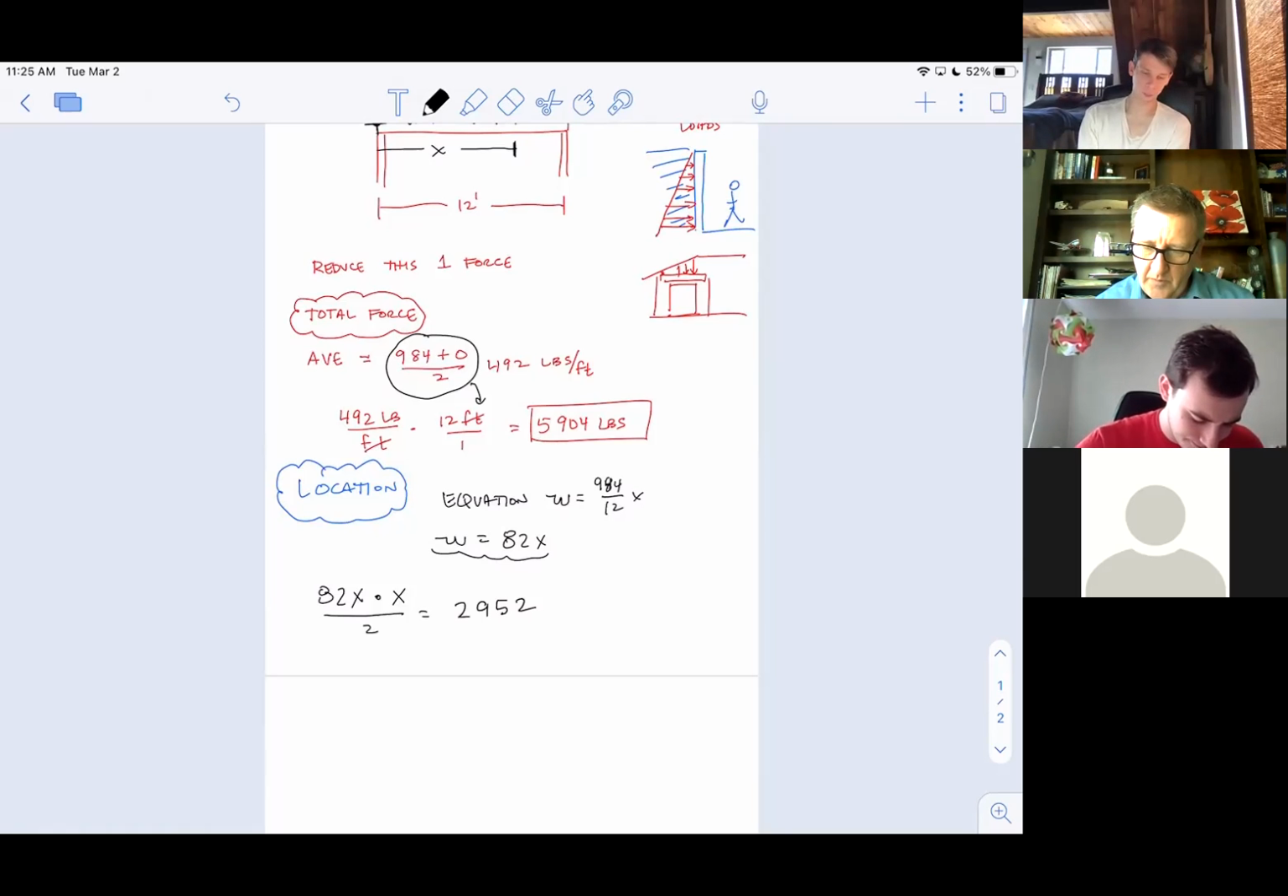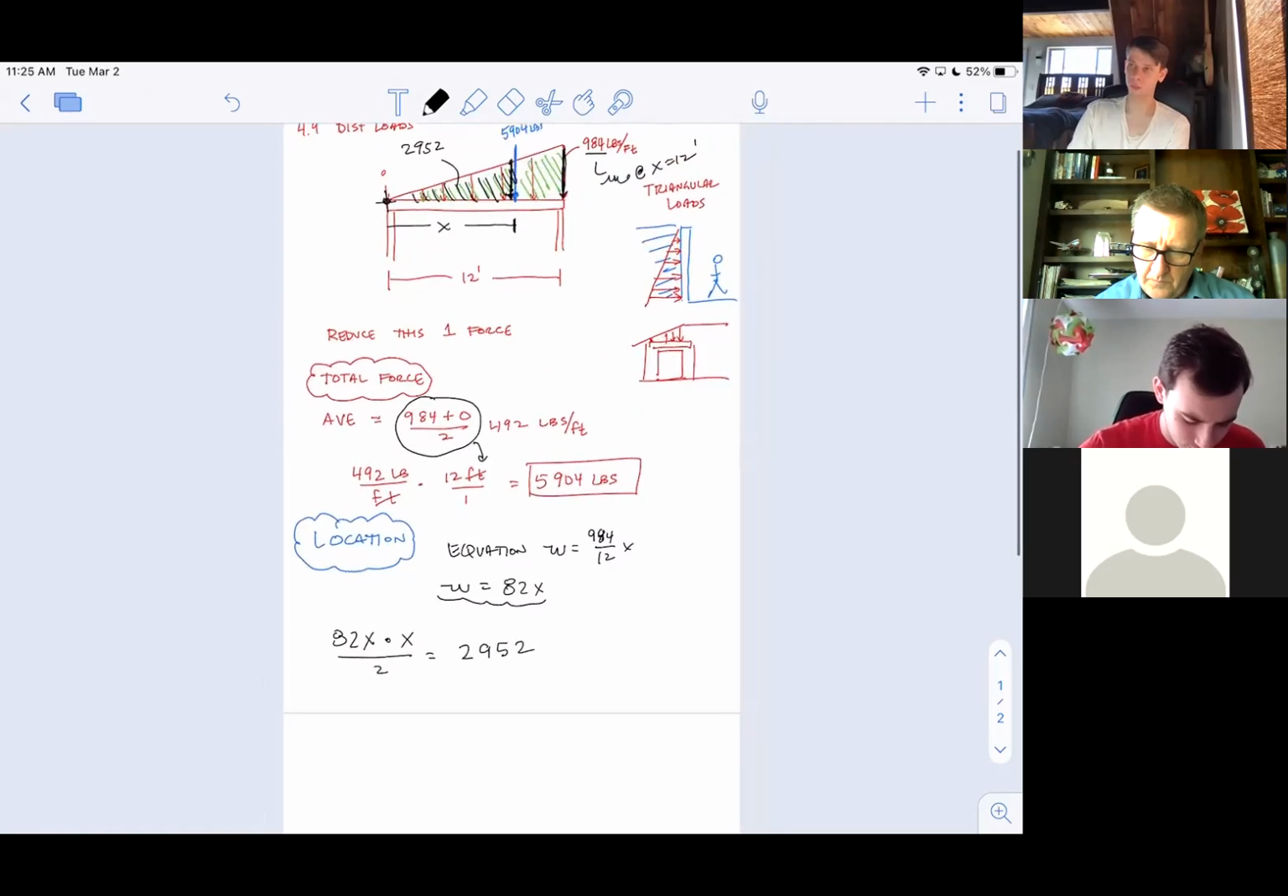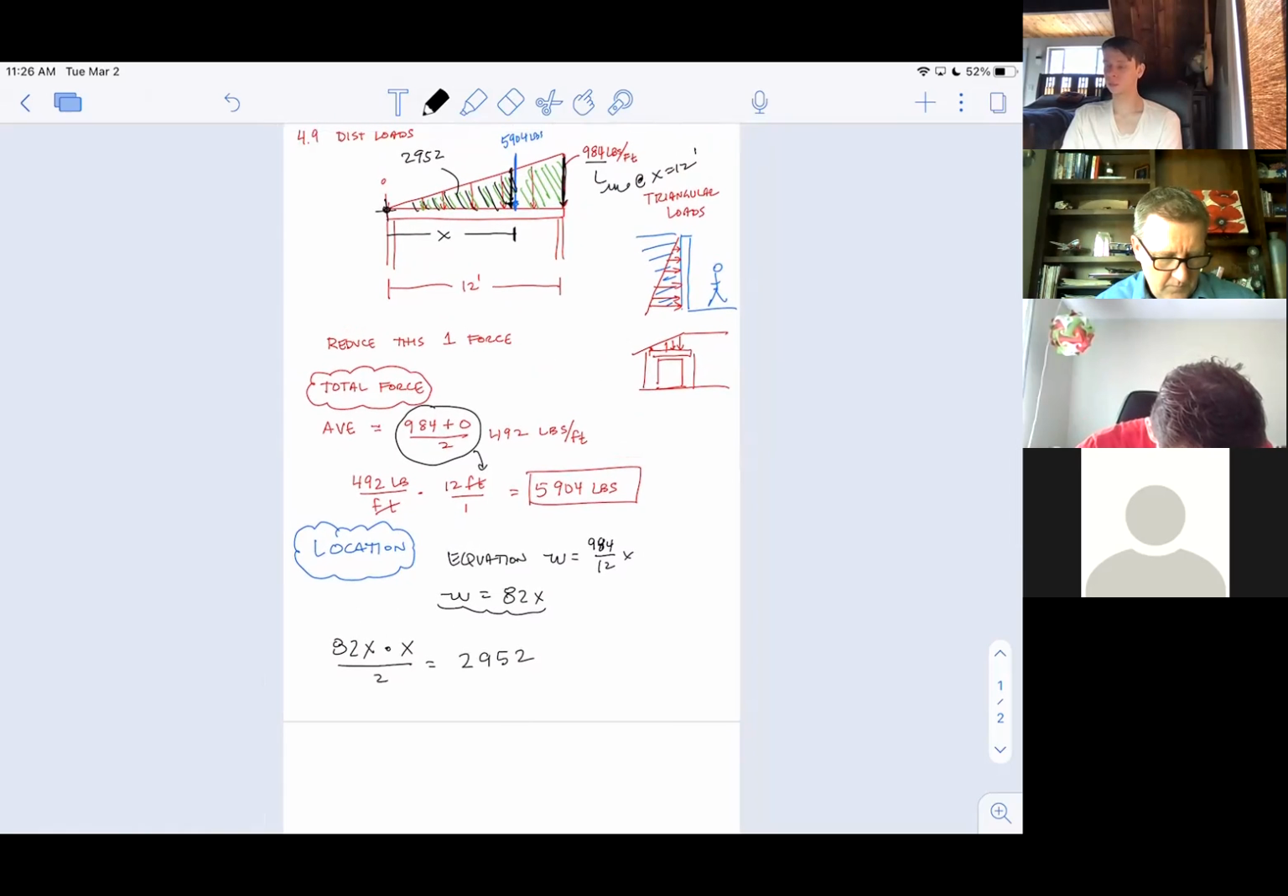What am I doing wrong? I'm actually doing something wrong here. I thought I was simplifying this for us a little bit, but I'm thinking I'm